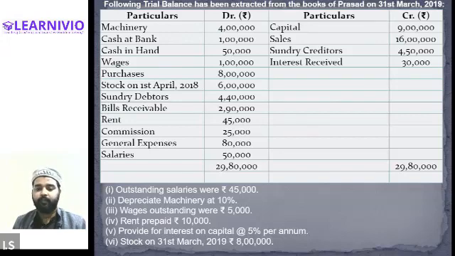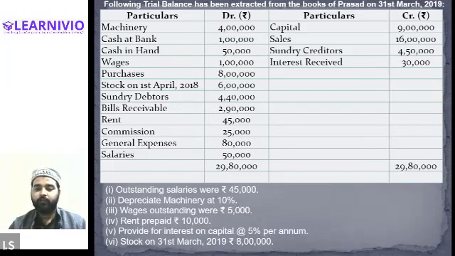Profit and loss account credit. Profit and loss account credit side. Okay. Alexander, where should it be recorded according to you? Sir, debit side. Correct. Okay. Hamad, where should it be recorded according to you? Debit or credit? Debit side. Correct. Why should it be recorded on the debit side?